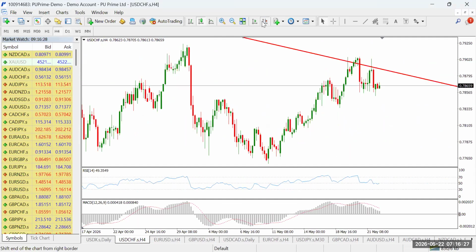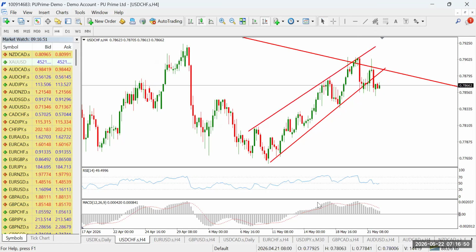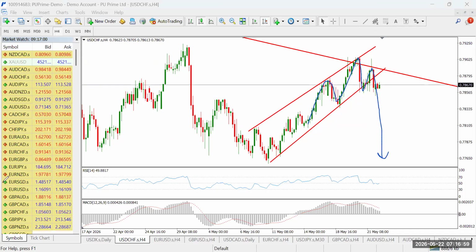So we'll take it out to 4 hour again. Now on the 4 hour, this is what I'm seeing: a shoulder, a head, a second shoulder, and that might lead to a bearish breakout, all things being equal. And the thing about the head and shoulders pattern is that the same way it is on the 4 hour, it's equally very valid on 1 hour also. So we can see on the 4 hour that, like I said, this is a shoulder, a head, a second shoulder, and the next wave of movement is a bearish movement.